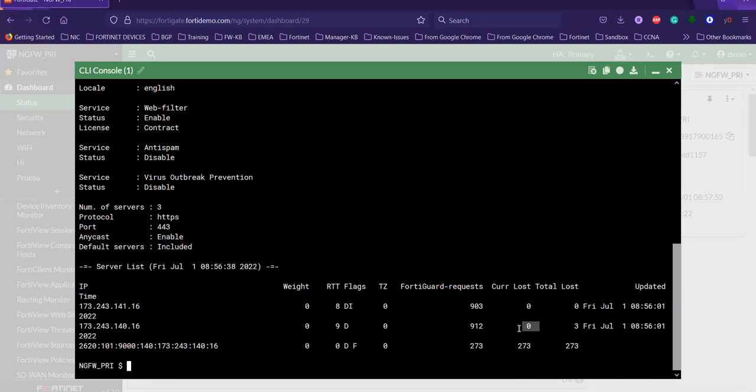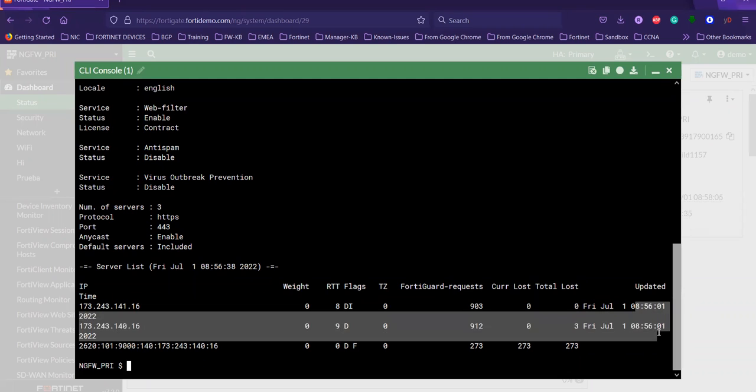Okay, and the next one is the time frame, where you will be able to know which was the last time frame when it requested for a query. Okay, so I know that 856 was the last time, for both of them. Okay,